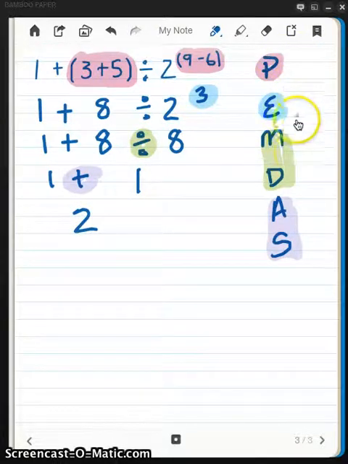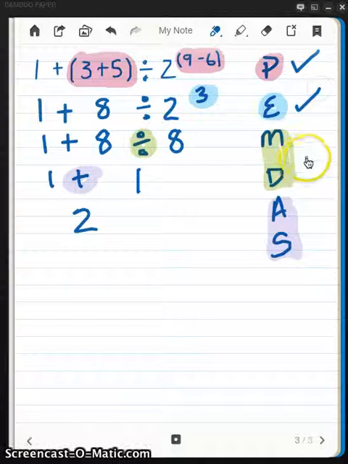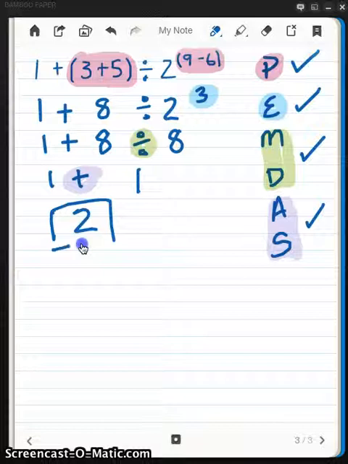Looking through PEMDAS and our order of operations one last time, did we do all of our parentheses? Yes. Did we do all of our exponents? Yes. Did we do all of our multiplication and divisions? Yes. Did we also finish all of our addition and subtraction? Yes, we have, because our end result is one value,